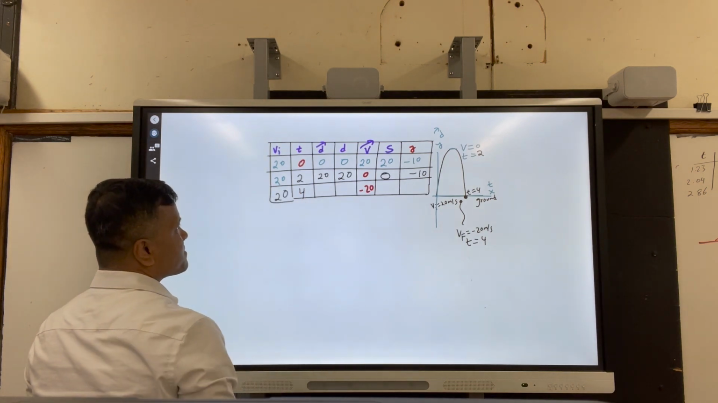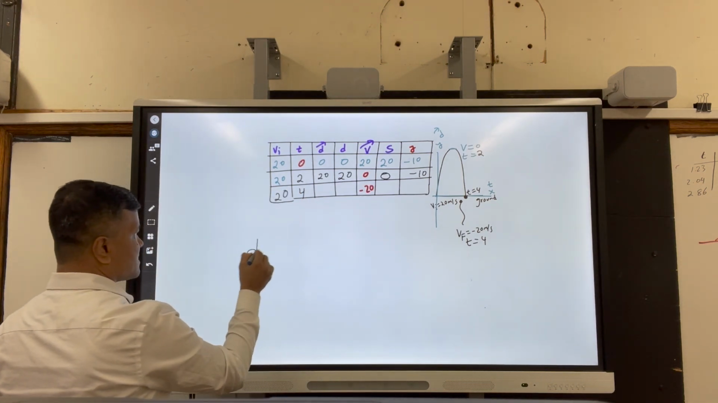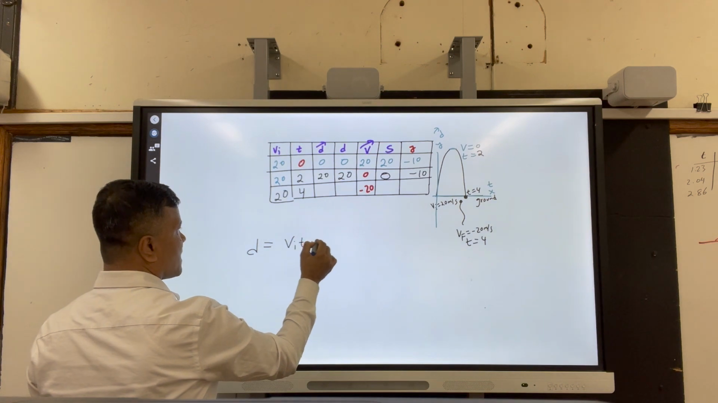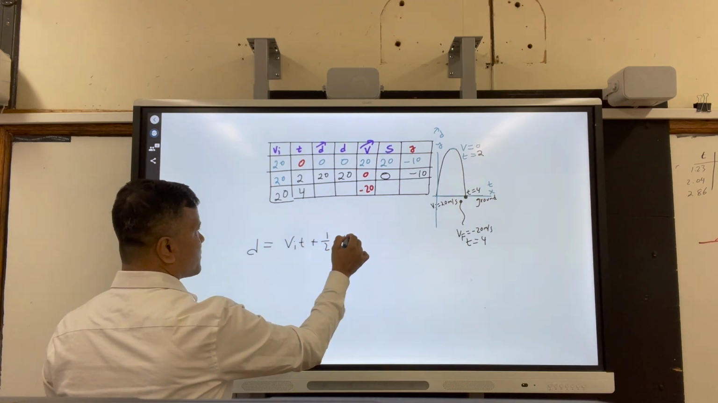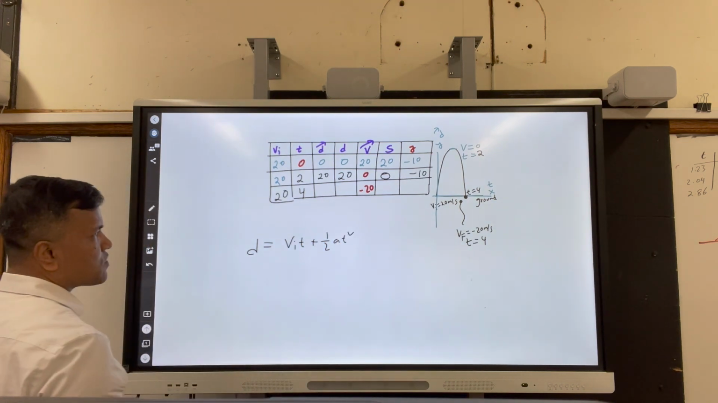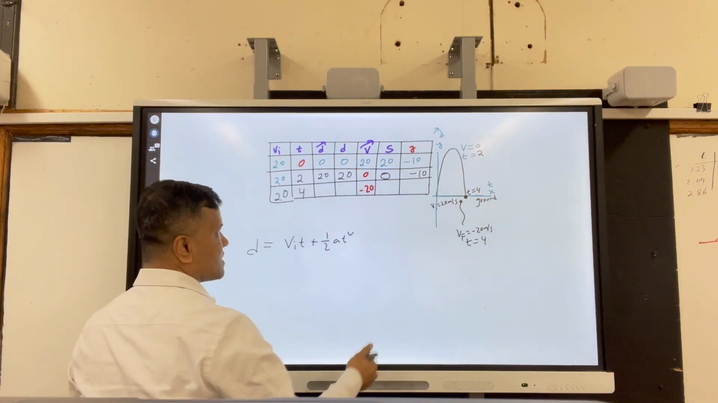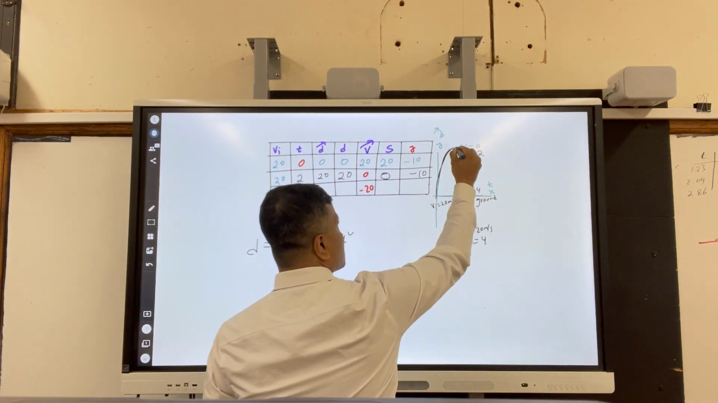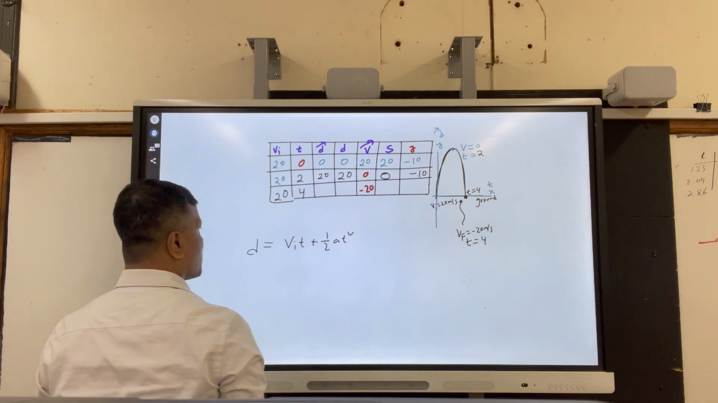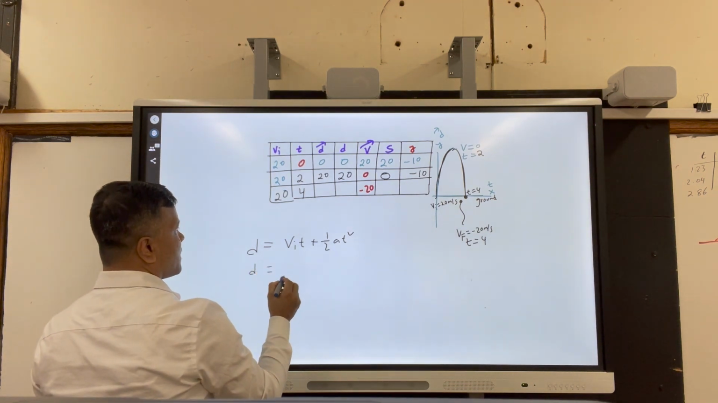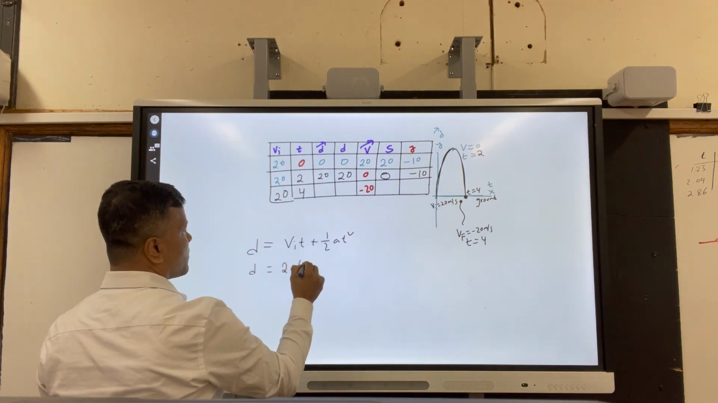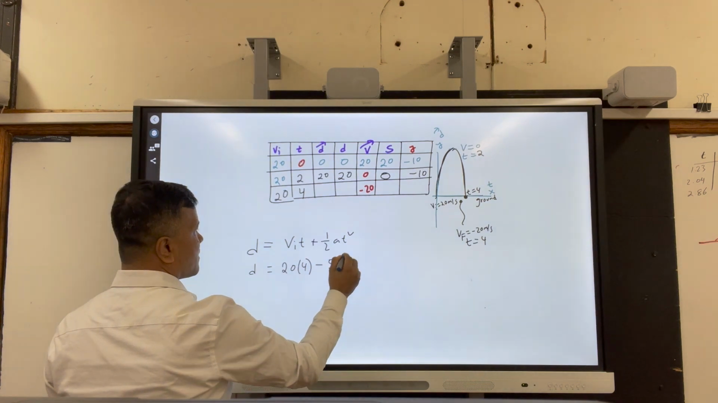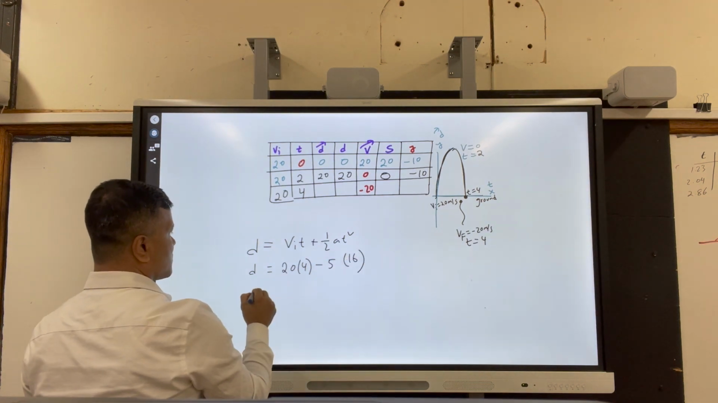Okay. Displacement. Let's find the displacement. D is equal to Vit plus half at squared. We kind of know the displacement: 20 plus 20 is 40. Okay, because if this one is 20, then this one has to be 20. But let's find out. Vit, Vi is 20 times 4, minus 5 times 16. So D is equal to